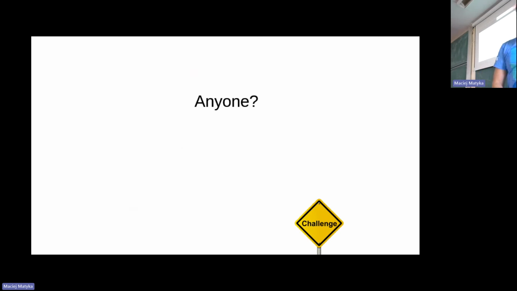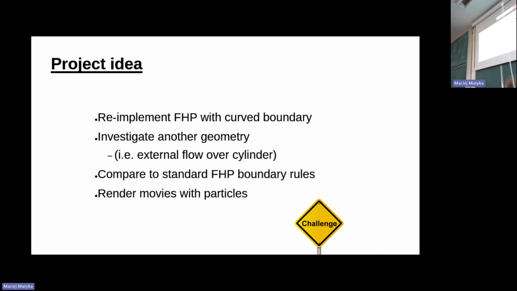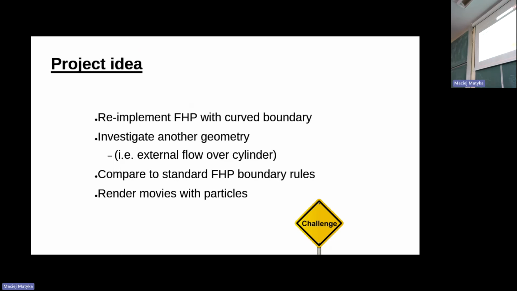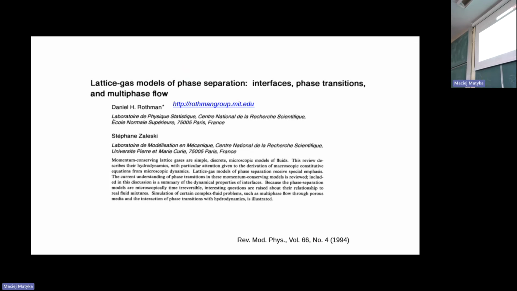That's interesting. I'm very interested in doing such things, but one has to really want it to start studying, because you can see more interesting results in the paper. I would actually do this and compare to finite volume methods, to OpenFOAM. That would be a fantastic project to check whether FHP is really capable of doing this properly, because these are chaotic systems. So there was an idea that one can compare FHP in these curved boundaries. Okay,